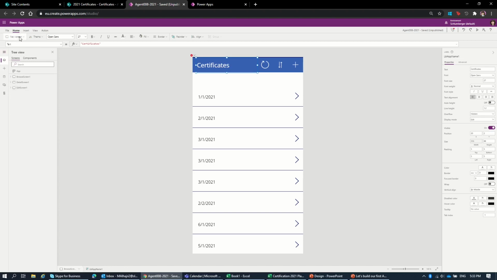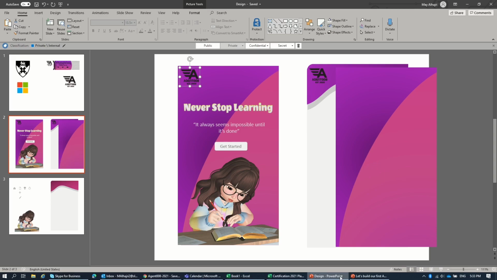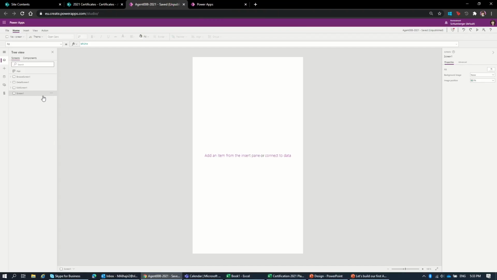Before we this one, let me create something from blank, because the first one that we have here is something blank. Then we can go to the second page. So here I have this one as a screen one. I will call it main page. Okay, let me make it